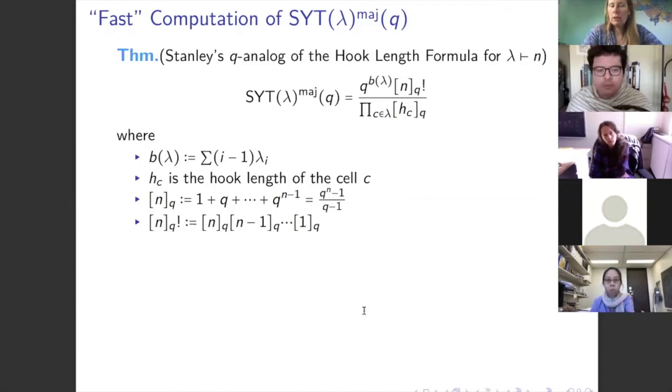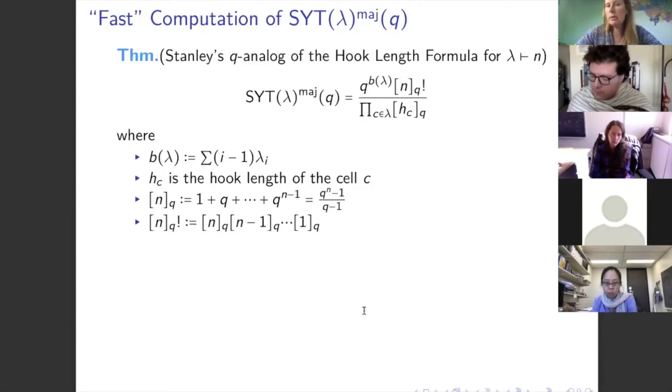Okay, so you have the q-analog of the number n, and so the q-analog of n factorial is just the product of all the q-analogs of n, n minus 1, n minus 2, down to 1. And then in the denominator, you just q-analog all of those hook lengths, and boom, you've got something that is almost exactly the right generating function. The only thing is that that thing would have constant term 1, but